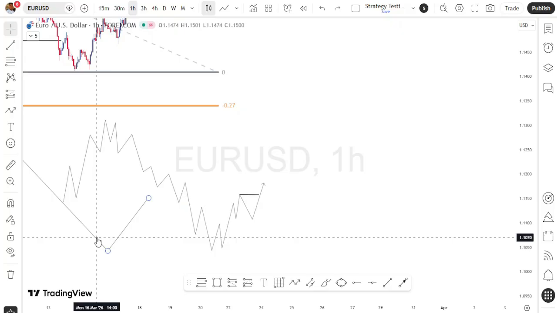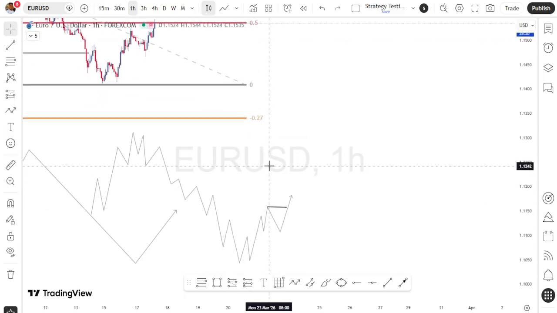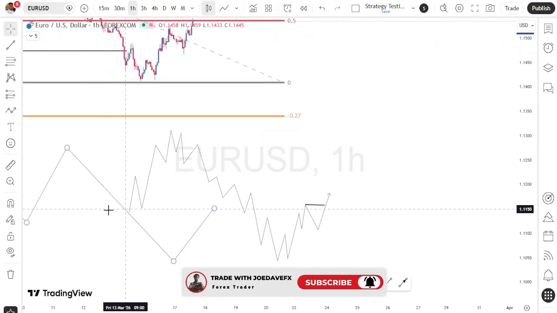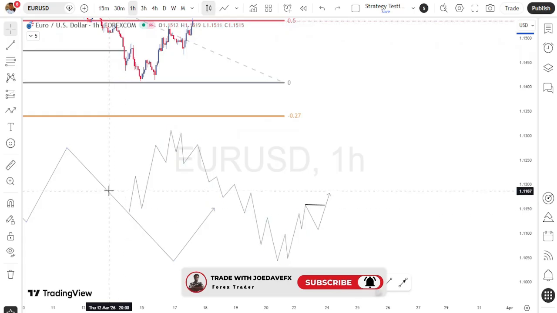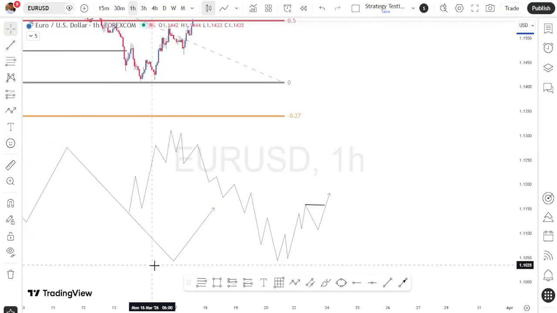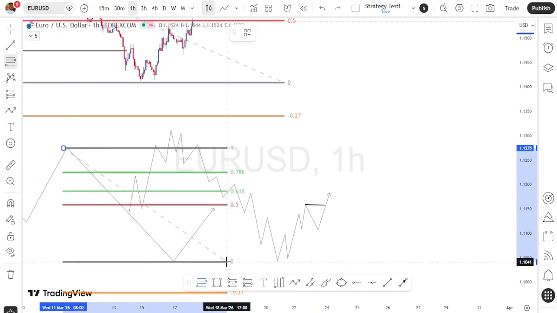Even if I go lower in time frame, using the 30 minute entry model and everything, I still need to see the structure bearish. Since this structure is bullish, that is telling us that the 30 minute time frame is also going to be bullish. So you have to make sure this structure also starts moving in the direction of this 4 hour time frame. And this structure that is very bullish is telling us that from this leg we had here to this bottom here, if I use the Fibonacci right from here to this point,